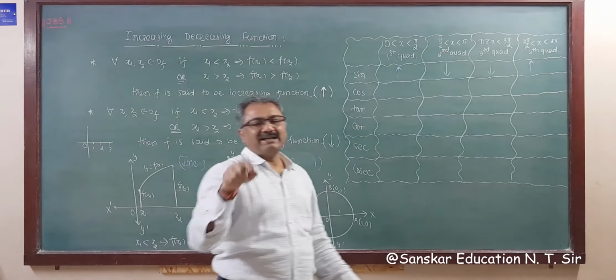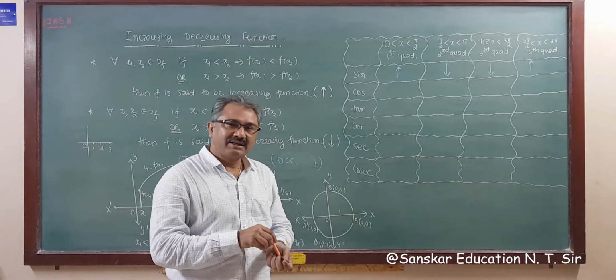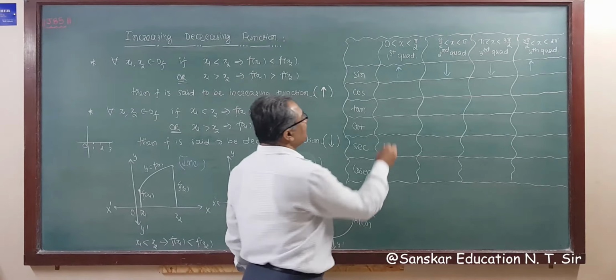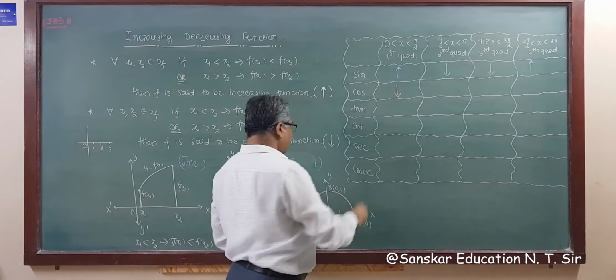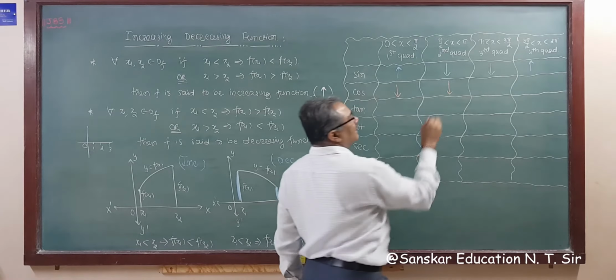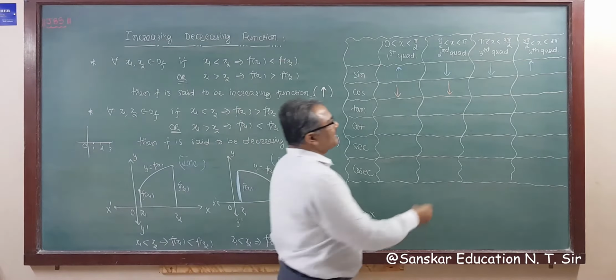Got it? So sin is increasing in the first and last quadrant, and in the second and third it's a decreasing function. Similarly, now cos 1 to 0, what happened? Decrease, so it's a decreasing function in the first quadrant. Now 0 to minus 1, cos 0 to minus 1, again a decreasing function, right? And in the third, minus 1 to 0 is an increasing function, and the fourth again an increasing function, 0 to 1. So cos is increasing in the last two quadrants and decreasing in the first two quadrants.